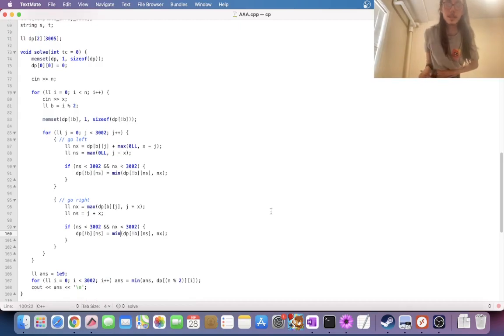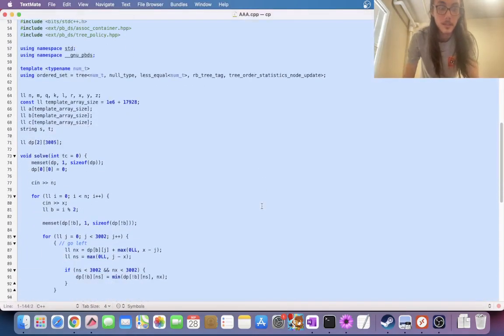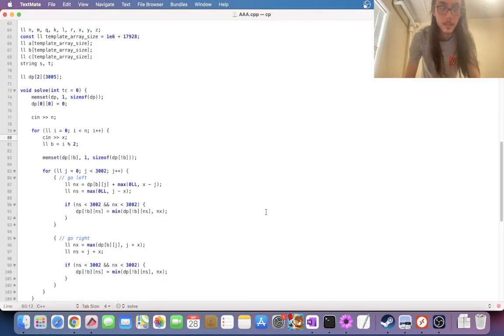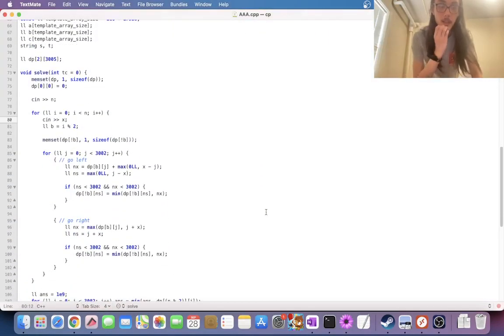dp1 size of dp, dp0, 0 equals 0. Read into n. Read into x. dp not b. Go left. So dp bj plus max x minus j. Yep. And then j minus x. This one's simpler. It's either we go out or we don't. And the position is simply j plus x. dp of